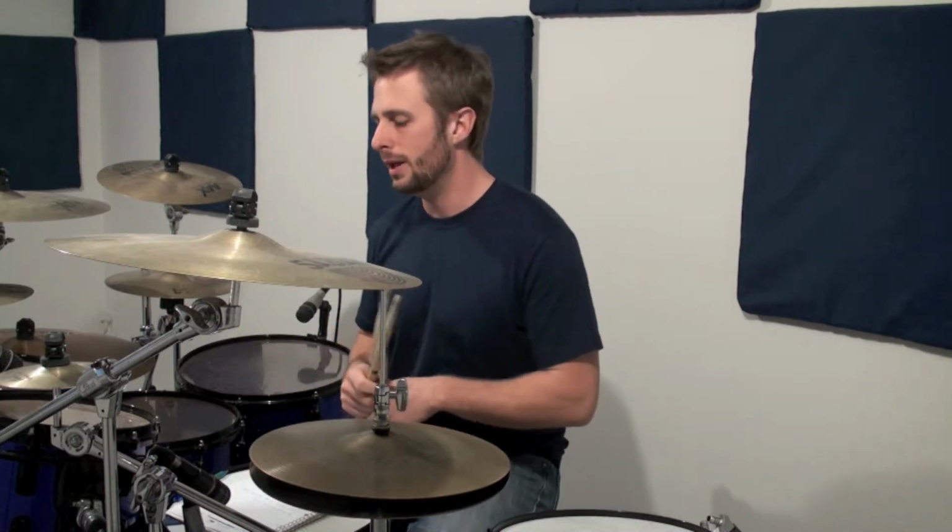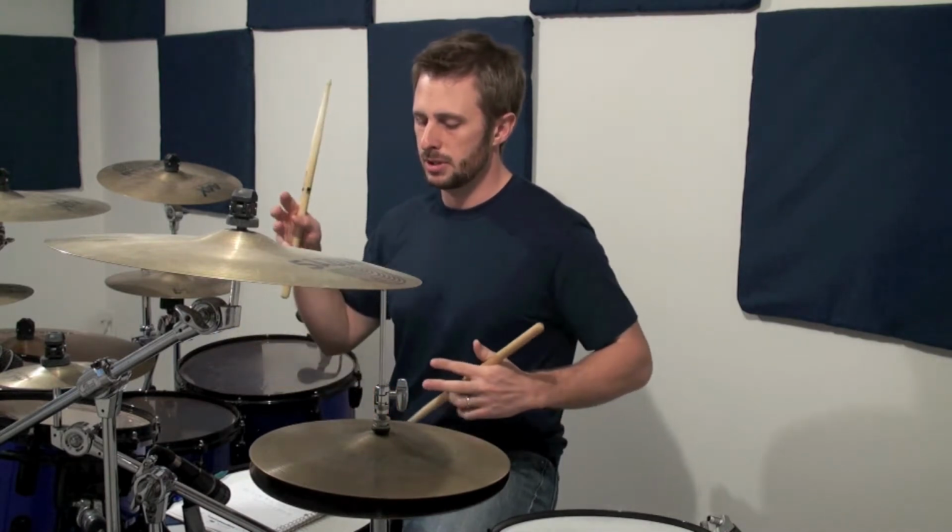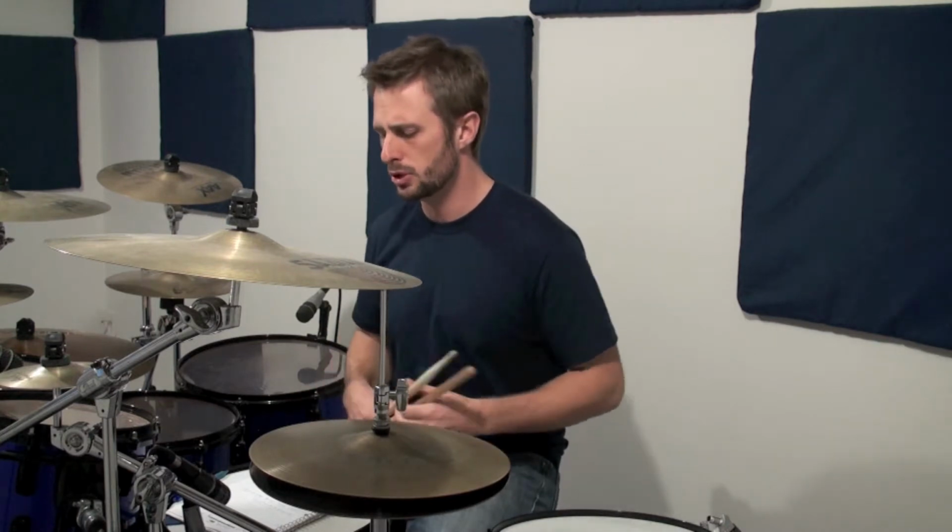In this episode we are going to be doing quads. We're going to be doing them with 16th notes and 32nd notes. Now, if you're unfamiliar with what a quad is, it's a rhythmic pattern that you use all four limbs to achieve. In some cases you can use three limbs, and we'll get to that. But basically what you're doing is hitting twice with each hand,